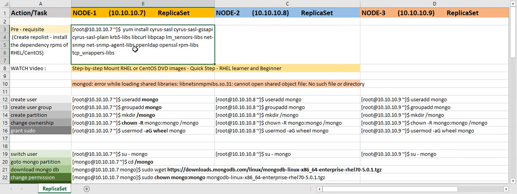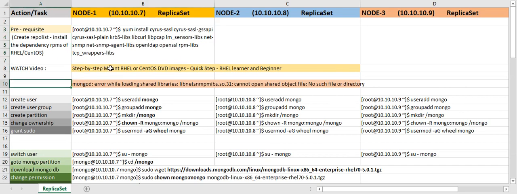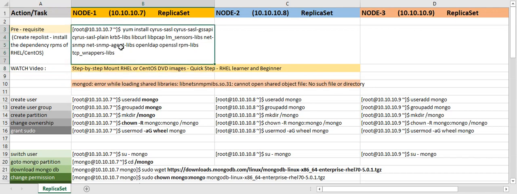If you are using Ubuntu or some other Debian or other Linux flavor, you need to change this. Instead of using yum installer, according to that OS, you need to follow the corresponding installation of these dependency packages. If you have an offline installation, you cannot install this online. If you want to go with the offline installation, just follow our video, where we included how to mount the DVD on CentOS and RHEL and how we need to install these dependencies. Just watch these videos, and here we explain how to do all the steps as well.